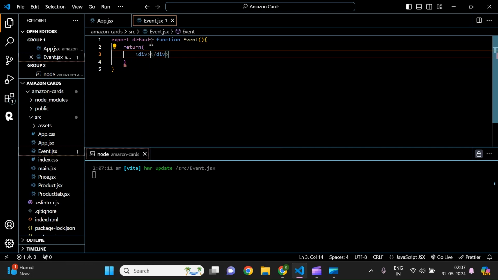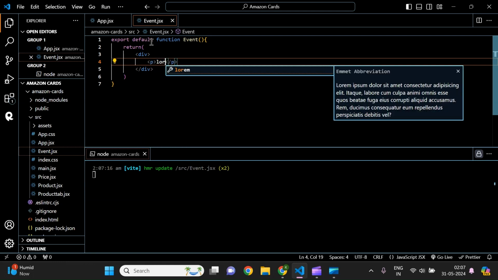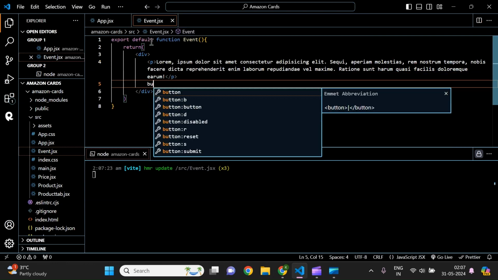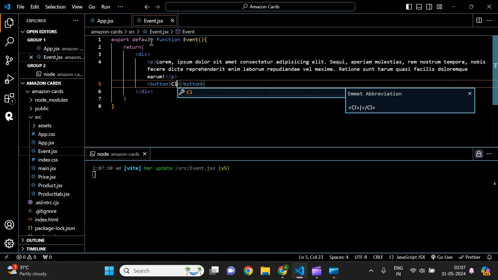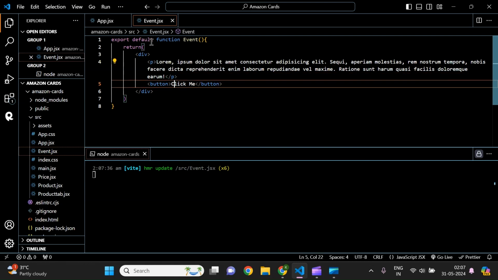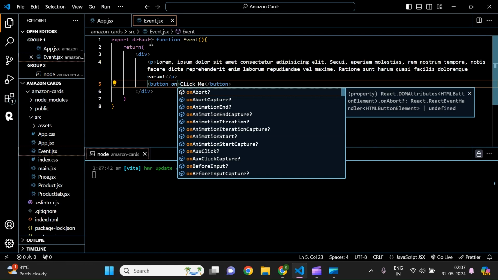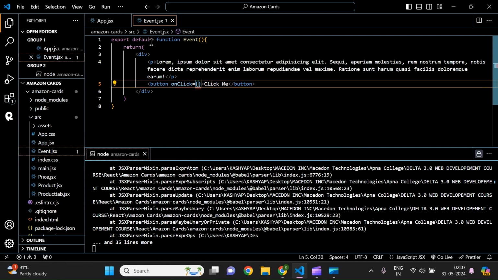Return, here we have a div, in that we will create a paragraph. Lorem, control shift P, enter. And then we'll have a button, click me. So we have this button. Now to add on click events, what we do is we write an attribute onClick. We want to do something. So let's say we want to add background